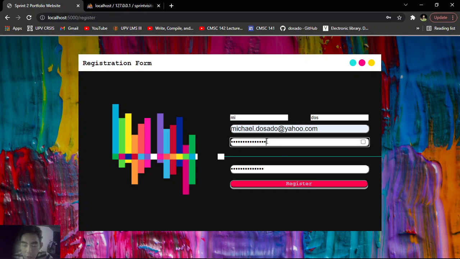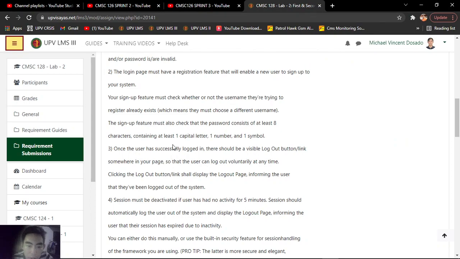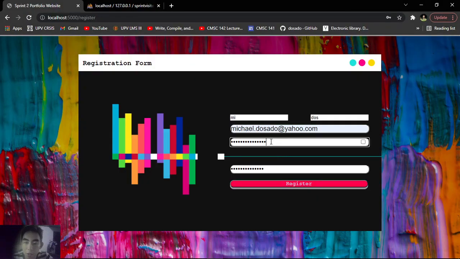Part of the feature says the sign up must also check that the password consists of at least 8 characters, containing at least one capital letter, one number, and one symbol. Clearly we have 8 but no capital, no number, no symbol. So when we register, we have this error